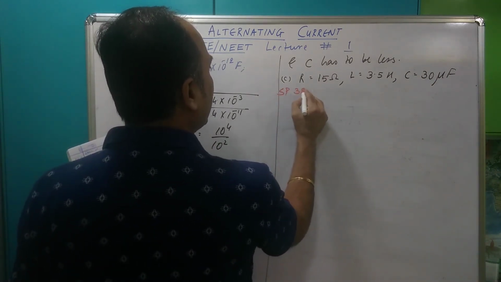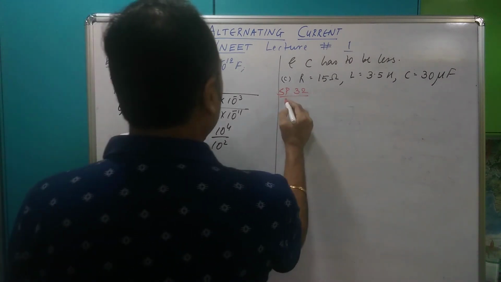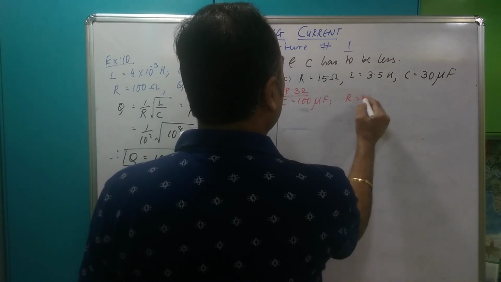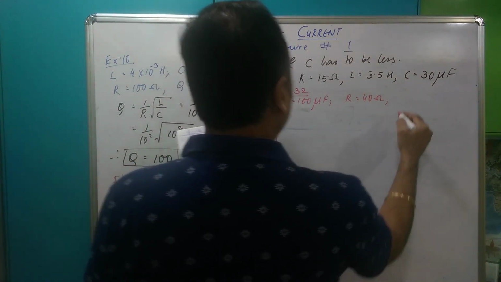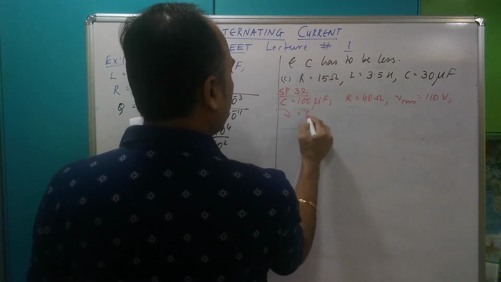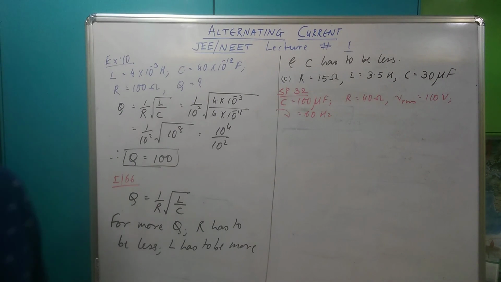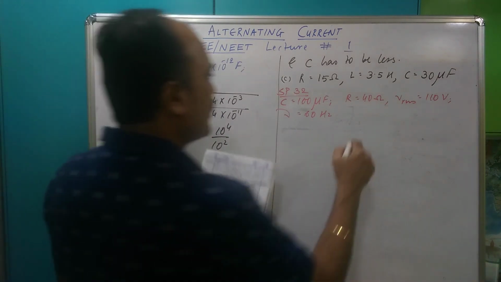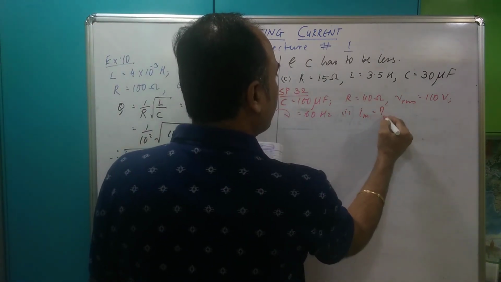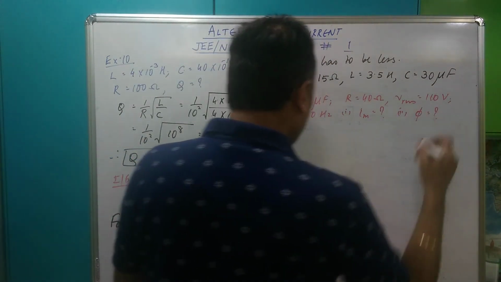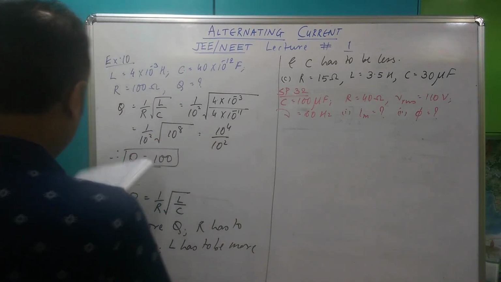SP32, let's see. Itne mein hota hai ki kuch aur karna padega. A 100 microfarad capacitor is connected in series with a 40 ohm resistor and connected to a 110 volt 60 hertz supply. I hope the red color is not bad. Is it suitable? Suitable kya karein ab, option nahi hai guys. What is the max current? So I_M chahiye and what else do they want? Phase lag phi chahiye. I'll revert to red, revert to black. Okay.